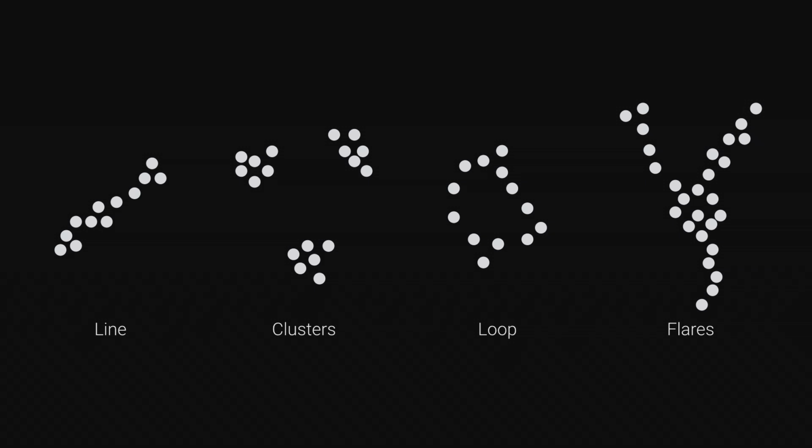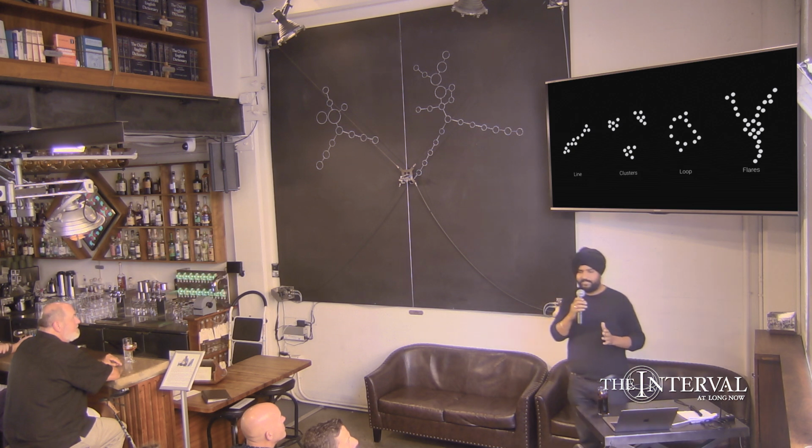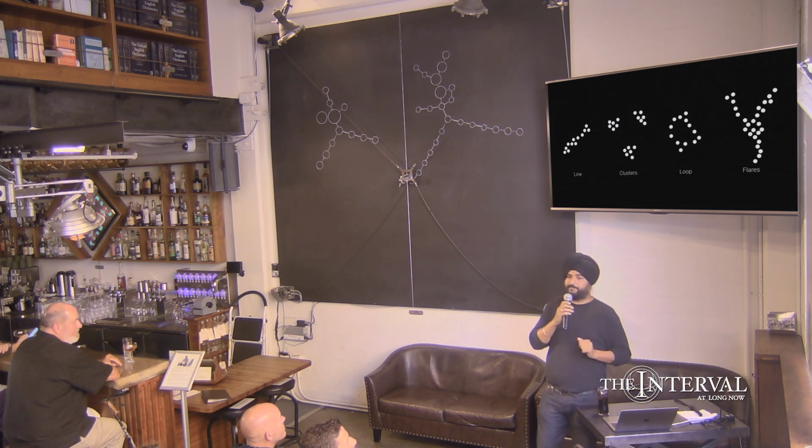And the way clustering works is, again, very similar to regression in that you assume that your data breaks up into multiple pieces, and then you try and find the best decomposition of your data into that many pieces. Right? So similar to regression, you assume a particular shape, and then you try and look for that shape in your data. The third example is a loop.